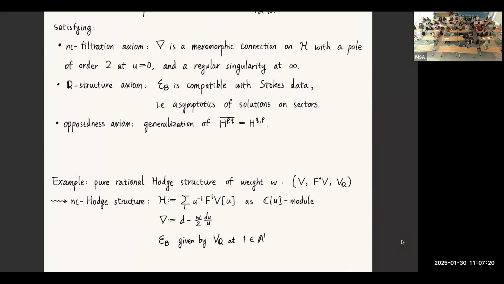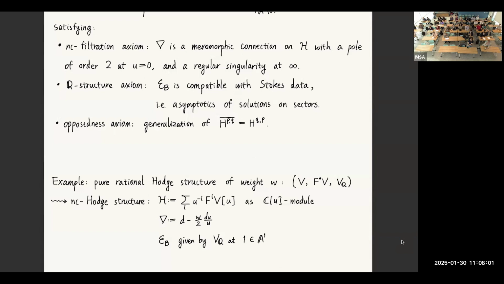So if it's your first time seeing the non-commutative Hodge structure, we have an example showing how a rational pure Hodge structure of a given weight W can be seen as a non-commutative Hodge structure. For usual Hodge structure, we have a Hodge filtration. In the non-commutative Hodge structure, we don't have a Hodge filtration. We have the extra variable u, and we just use the extra variable u to encode the Hodge filtration. There is this reconstruction. We put powers of u there to remember the Hodge filtration, and then we also have